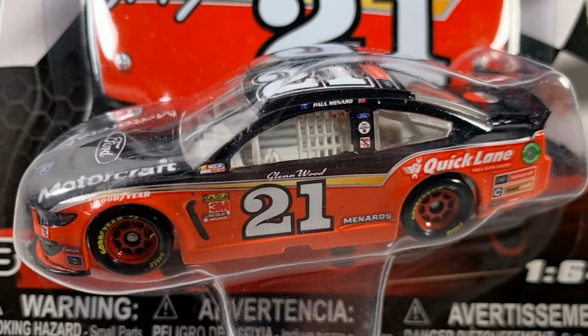Especially with the passing of Glenn Wood as well, it definitely is the right time to do a throwback to honor his tribute. I do have to agree with Diecast Buffet on this: a very underrated paint scheme, guys. I really do like this a lot, and I believe this got made in the Gold Series, so it's not exclusive. But just the font and the red rims, the simplicity of the paint scheme, and even mentioning Glenn Wood's name right above the 21, what a great looking throwback,